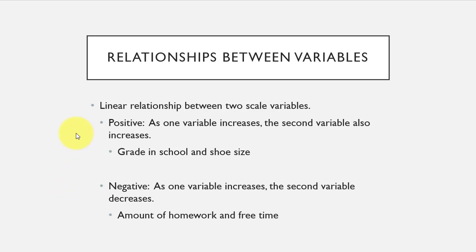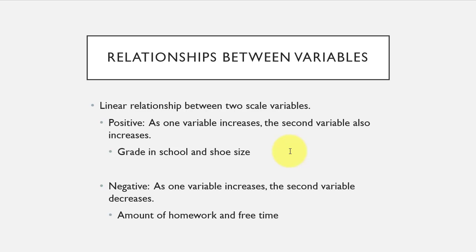Now, there are linear relationships between variables, and we're talking about scale variables, so those variables that are measured numerically. A positive relationship between two variables is that as one variable increases, the second variable also increases. So think of something like grade in school and shoe size. As you get into a higher grade, your shoe size also increases because we normally developmentally grow from kindergarten on up through the end of high school. There might be a little bit of a plateau effect that happens in high school, but generally we keep growing